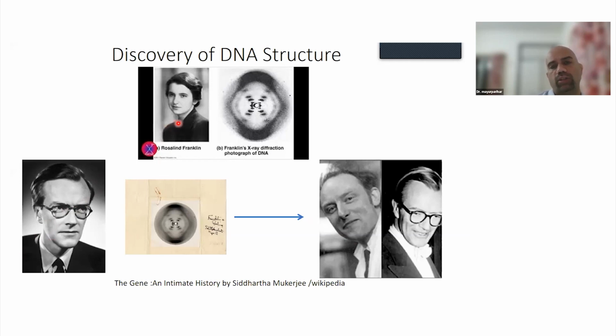What they were actually doing was bombarding a DNA molecule with X-ray, and the process is called X-ray diffraction photography or X-ray crystallography. Like when you put a light on an object, the object gives a shadow, and you can analyze the shadow and know what the object is. So that is what they were doing. They were bombarding the DNA molecules with X-ray, then trying to analyze the images, or the shadows, that were created. Maurice Wilkins was very good with data analysis, and Rosalind Franklin was very good with getting the X-ray images.